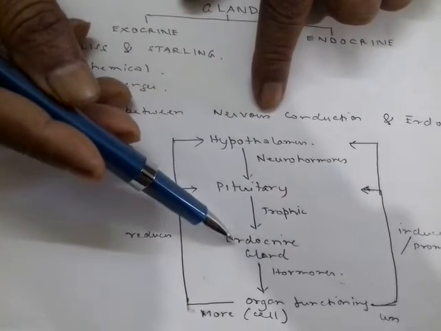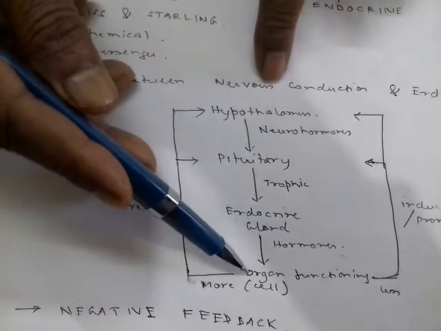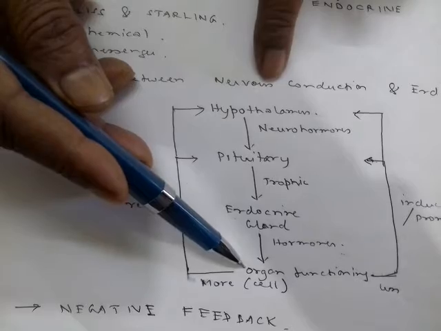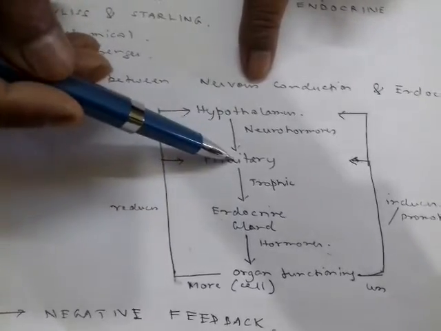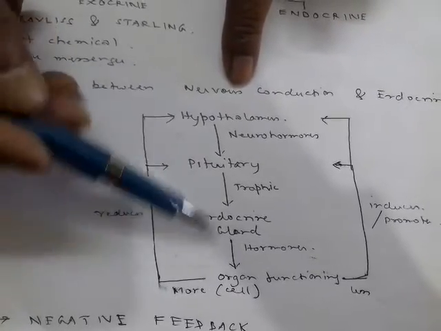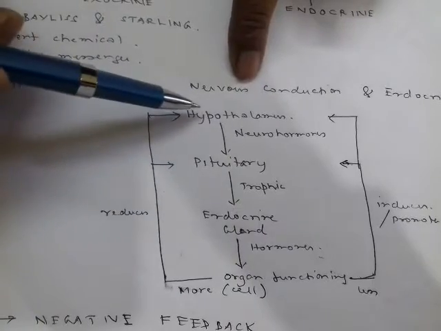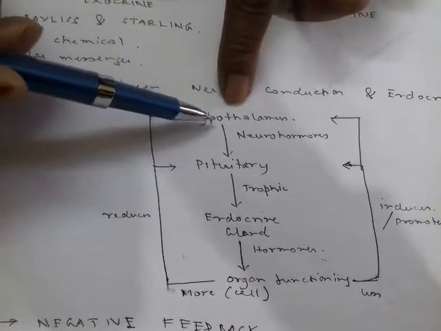This trophic hormone goes and acts on the endocrine glands, and the endocrine glands secrete the hormones which go and act on the target organs. So this we call the hypothalamus pituitary endocrine gland axis. Usually this is controlled. I'm giving you an example. Like in the hypothalamus, there is a hormone called, say, corticotropic releasing factor, CRF. Okay, so this is a neurohormone which is secreted from the hypothalamus to the anterior pituitary through the portal system,